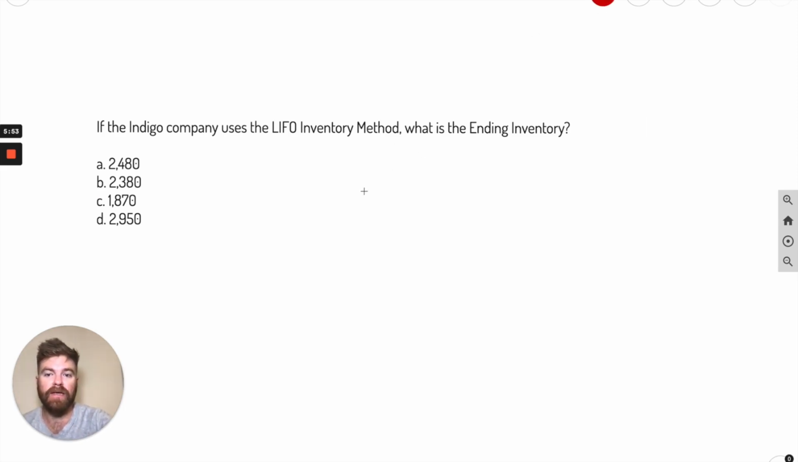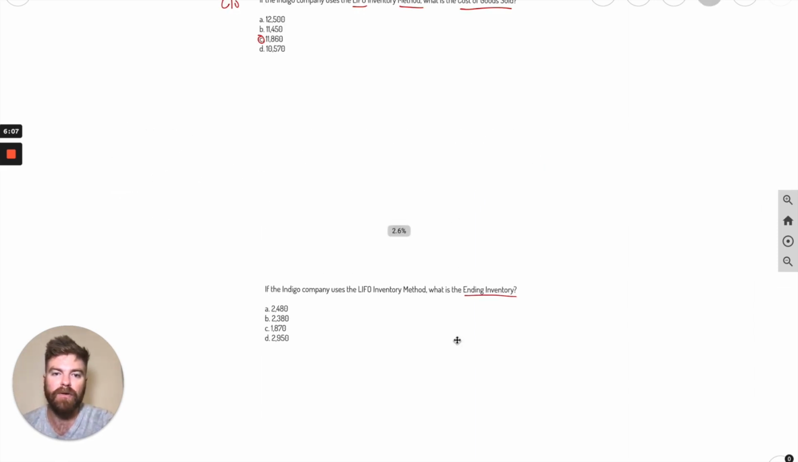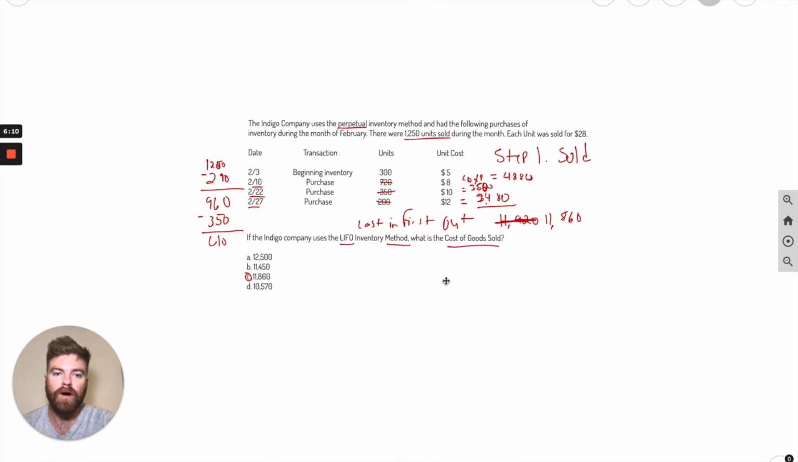It says that if the company used LIFO, what's the ending inventory? So we just found cost of goods sold. We've got to figure out ending inventory. Well, it's kind of what it sounds like. The inventory that's left after cost of goods sold. So we go back up here. We already took out,